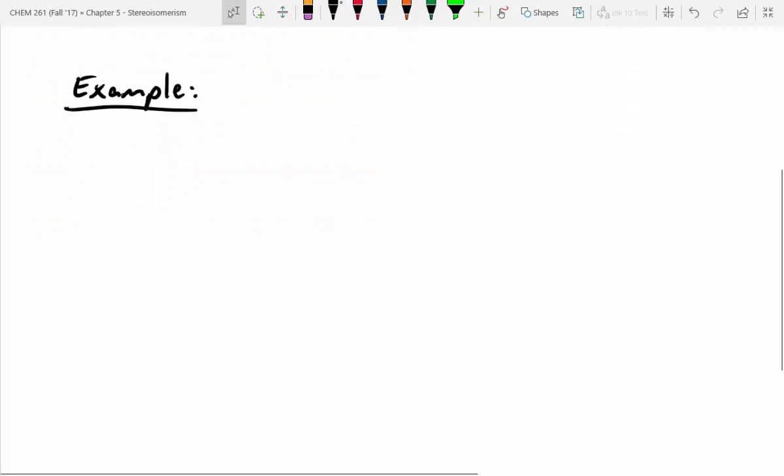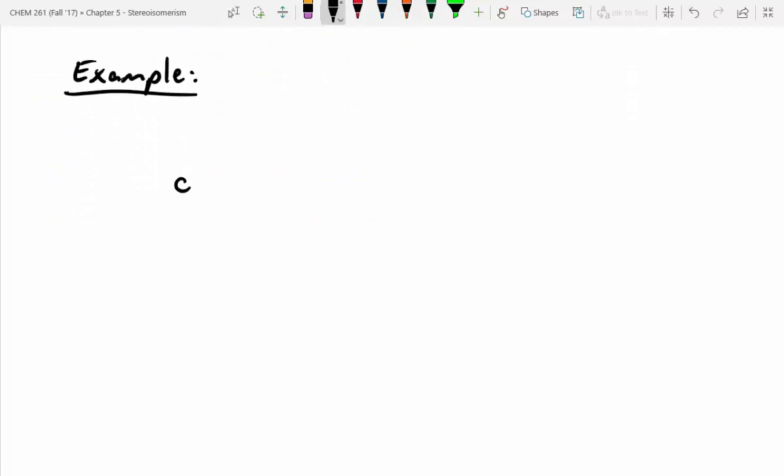And let's go back to one of our examples from yesterday, where we have a bromine sticking up here, a chlorine sticking out over here, we've got a fluorine, and we've got a hydrogen. Is this chiral? I'd say so. It's got a stereocenter and no internal plane of symmetry, so I'd say it's chiral. And if we draw its mirror image, we could also double check. So I'll draw its mirror image